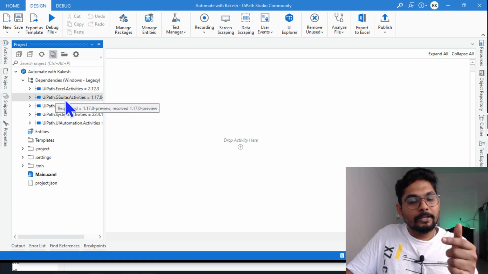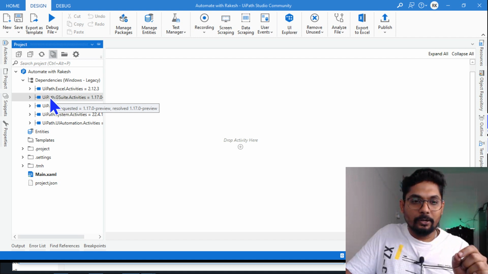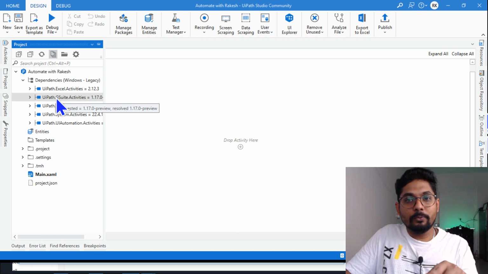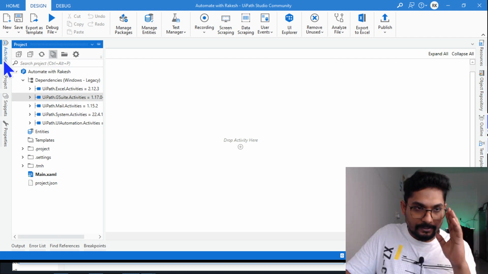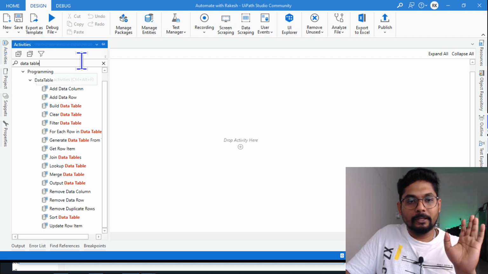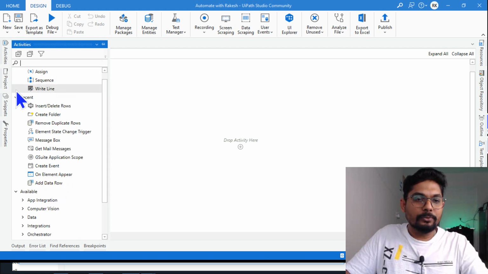So this is a small error. UiPath team will fix that. Okay, so in the future if you are watching, don't worry. It might say G Workspace or Google Workspace .activities, or it might stay as it is. So once you have this activity, if you go to your activity panel, what you do, you